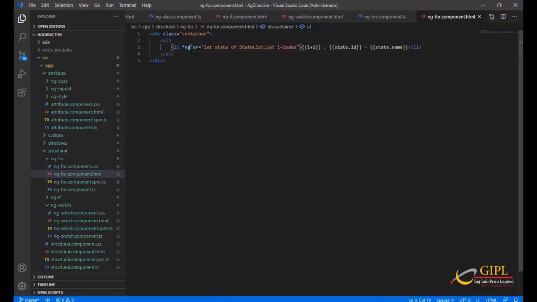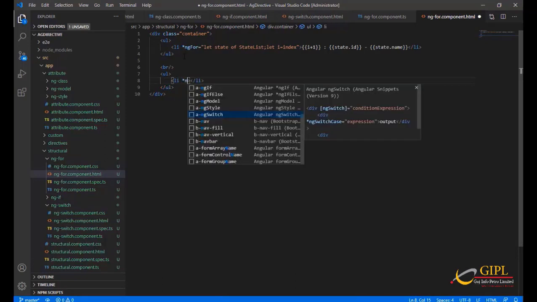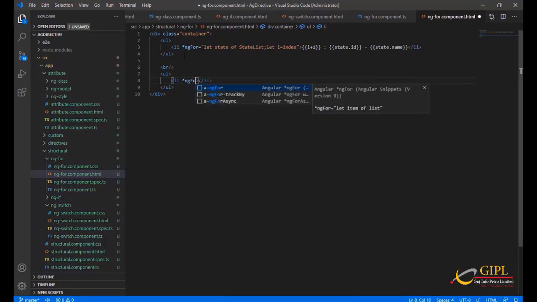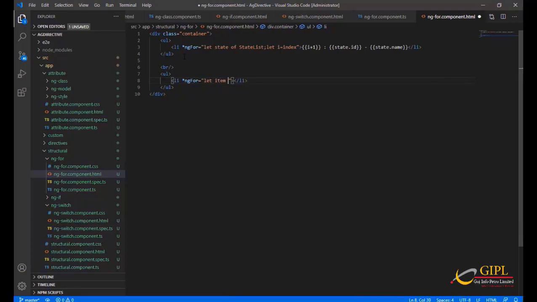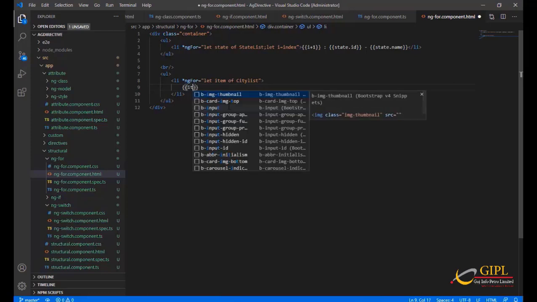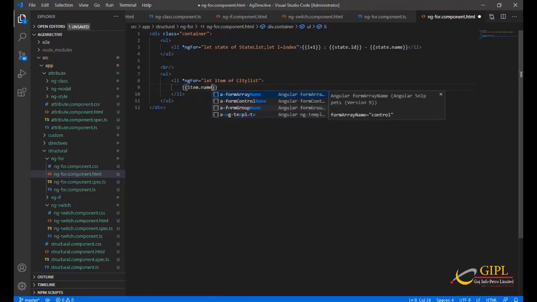If you want to use ngFor in a nested manner, then take one more ul li, star ngFor equal to let item of city list. Inside li show item dot name.